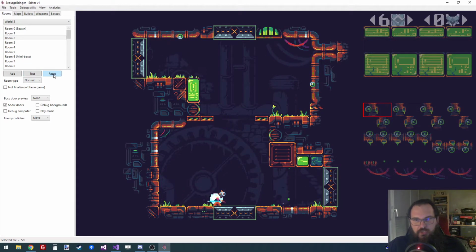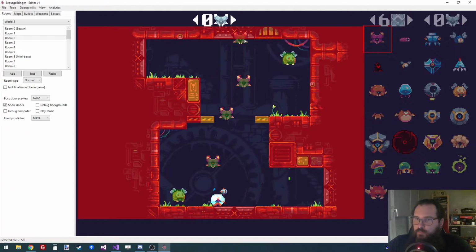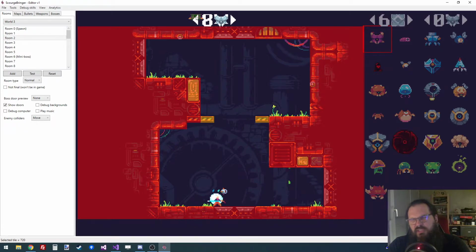And I can click reset to remove the current enemies. And well, yeah, that is how we manage enemies. And we can go up to 9 waves, but it doesn't mean that we are going to make rooms with 9 waves. But in fact, this wave system is going to be used to make a kind of dynamic